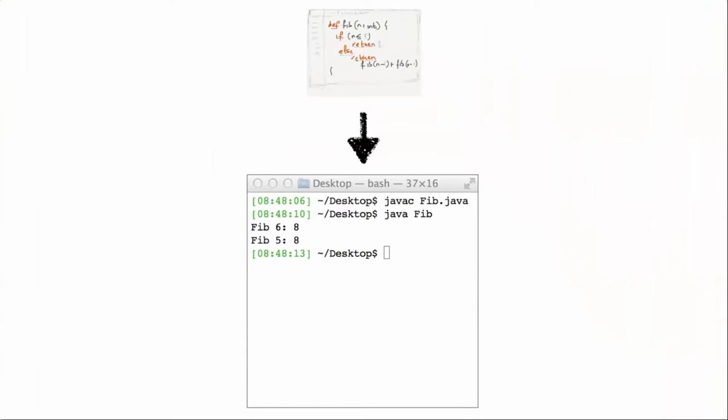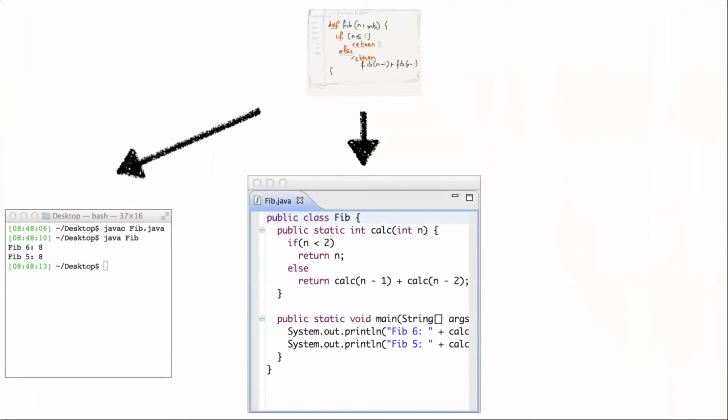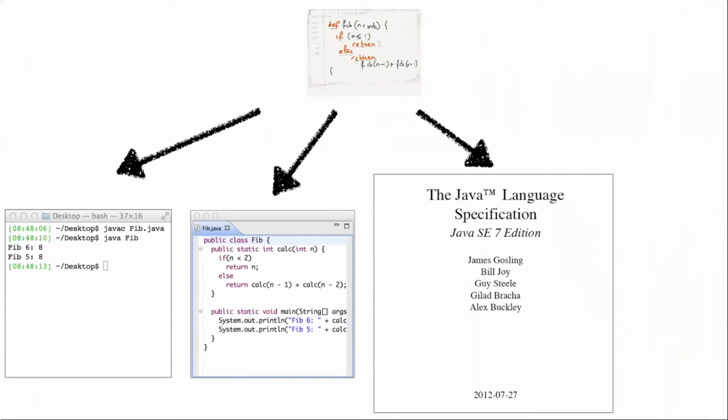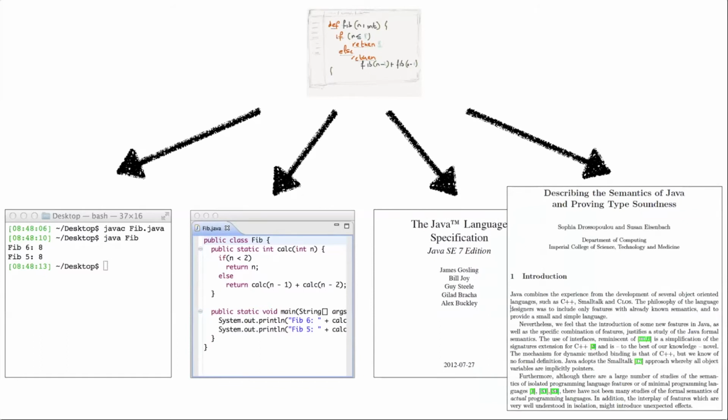But then if your language grows, you need more than that, right? You need an IDE, which is typically required these days. If you have users, you may want to write some documentation, and those users may want to rely on your language, so you may want to prove some properties of your language.